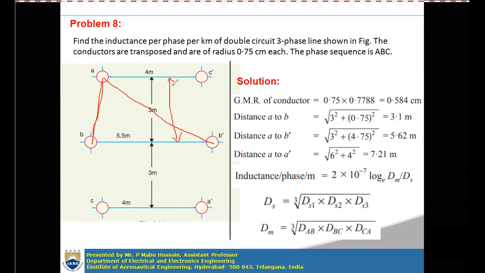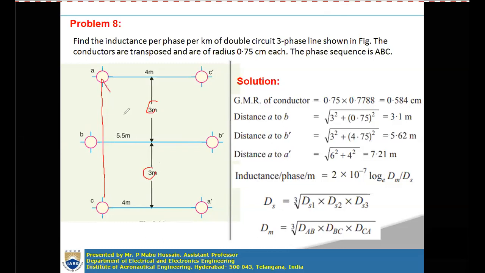But there is some inclination from A to B, so conductor B is not exactly below conductor A. It is slightly left of conductor A. So this slight horizontal distance will be different, and you have to take care of that. You should not take AB as just 3 meters. Similarly, A to C is a vertical distance, since A and B are in a vertical line, so you will consider 3 plus 3, 6 meters, as the vertical distance.